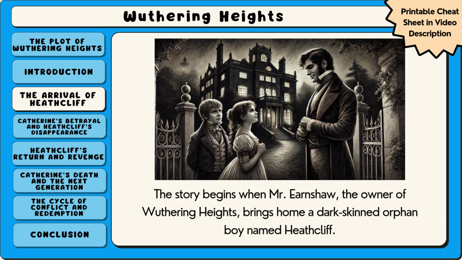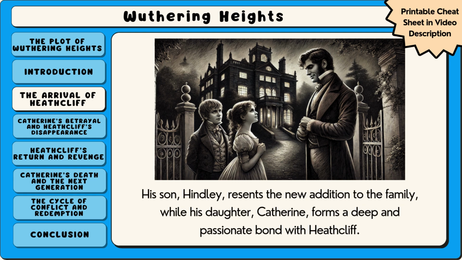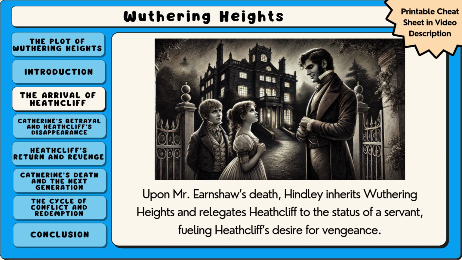The story begins when Mr. Earnshaw, the owner of Wuthering Heights, brings home a dark-skinned orphan boy named Heathcliff. His son, Hindley, resents the new addition to the family, while his daughter, Catherine, forms a deep and passionate bond with Heathcliff. Upon Mr. Earnshaw's death, Hindley inherits Wuthering Heights and relegates Heathcliff to the status of a servant, fueling